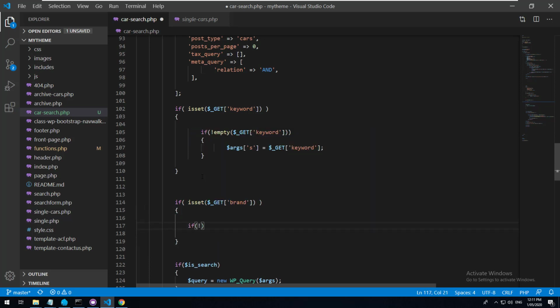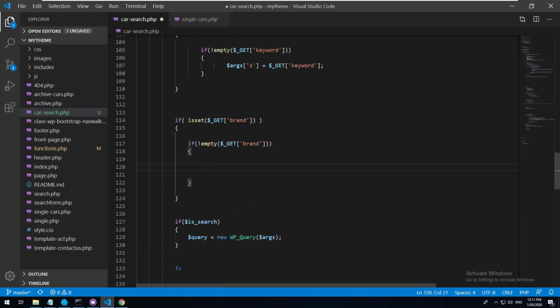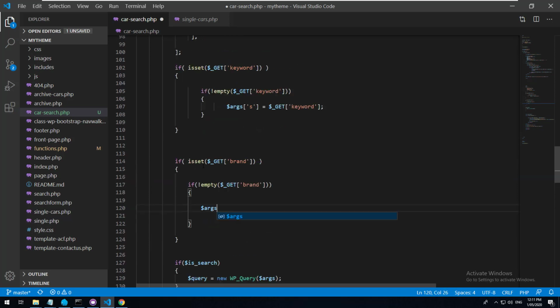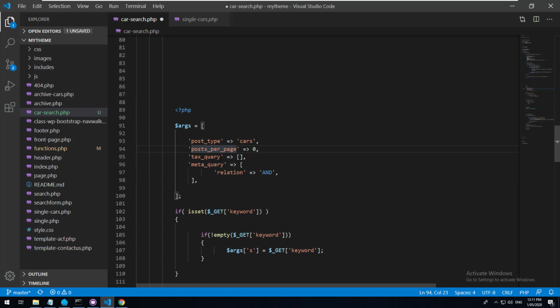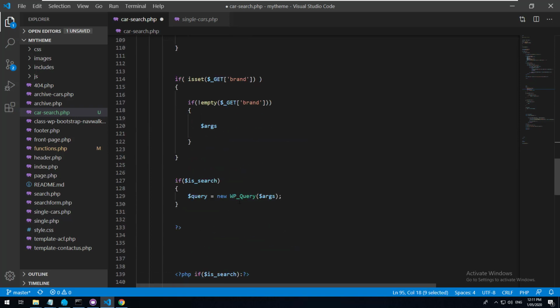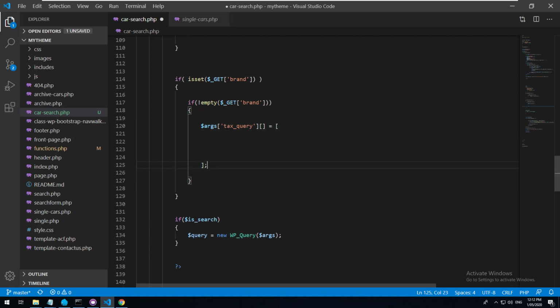If it is not empty, get brand. Then within there, we want to add to the array up here. We want to add something into this part. So let's just do tax query, and then it's going to be an extra array within there. So we need to do a blank thing like that. And then we will add the array we want to, which will be the taxonomy we're trying to search for